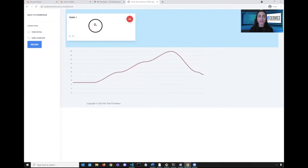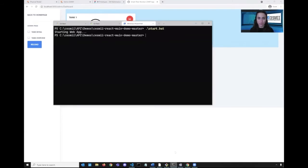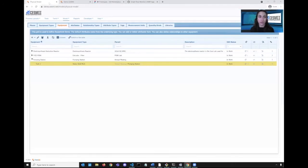We're going to now simulate four more tanks. We'll have 5 total tanks, and these tanks are going to actually have a relationship with one another. When one empties, the material is going to flow from one tank to the other. Let's run our multi-tank simulation. And what this should do is create 4 more tanks, and we'll be able to then visualize the relationship between all of them. So if I go back to the Smart Manufacturing Innovation Platform and I refresh,